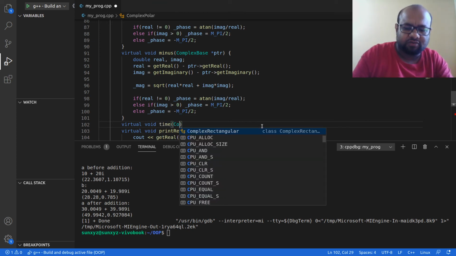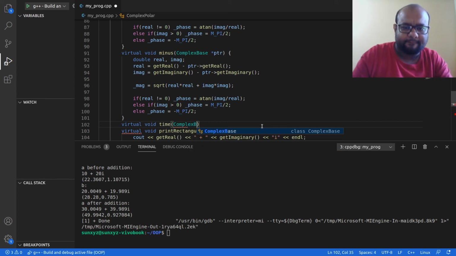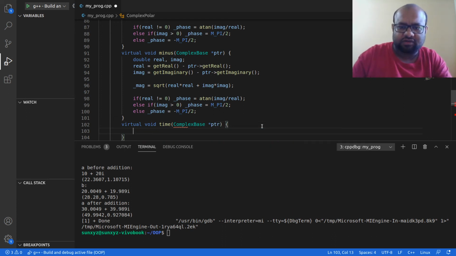Then multiplication, and I am going to take a complex base pointer that is going to be passed. Here is what I am going to do.